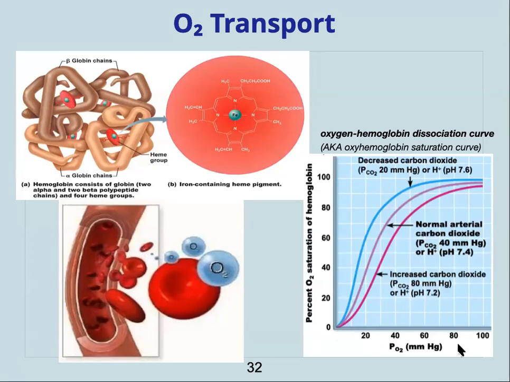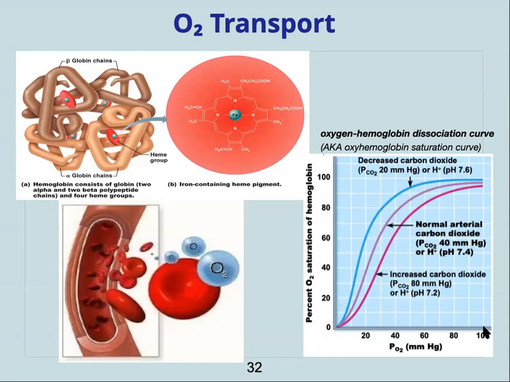On the x-axis, we have partial pressure of oxygen. Okay. So we can vary the level of partial pressure of oxygen and then see how that affects how much of the oxygen that the hemoglobin can bind. In other words, its saturation. And so the shape of this oxyhemoglobin saturation curve reflects the properties of hemoglobin molecules, as well as their affinity for oxygen. Now, if you look at this curve, you'll find that at normal alveolar and arterial partial pressure of oxygen,